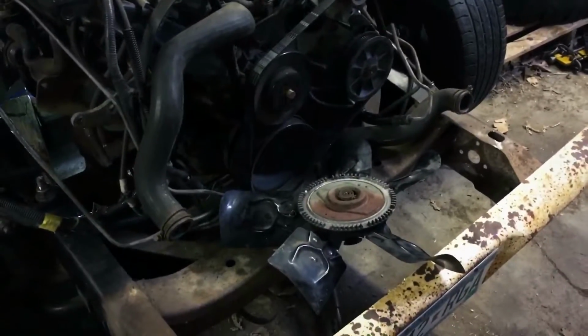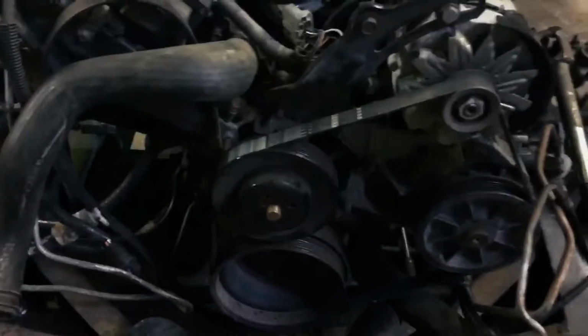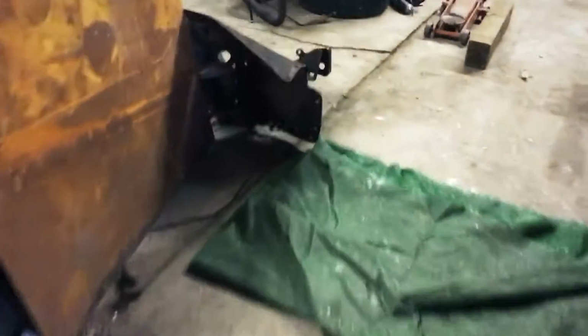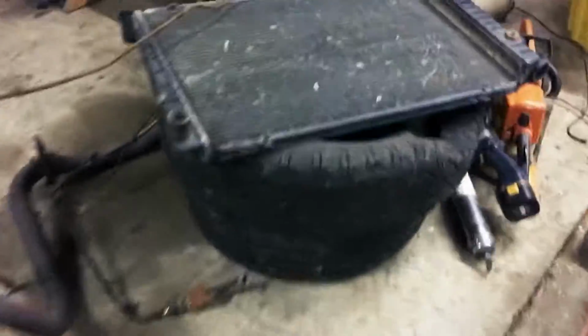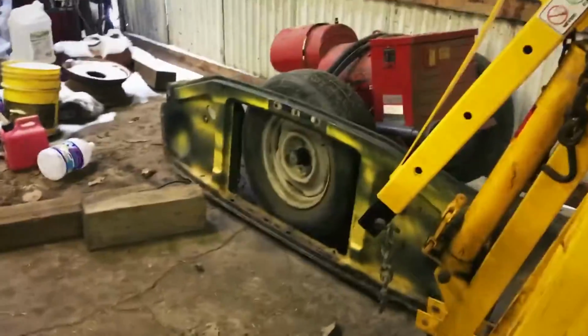There we go. That looks a little bit better. Yeah, got the manual fan off to put an electric fan in there. Probably just put it on the radiator like usual. Yeah, that should work. I'll just have to figure out a way to mount this to the original radiator support over there. But yeah, probably should be able to put something in there to hold the electric fans to the radiator. And then, of course, the radiator be mounted to the radiator support,